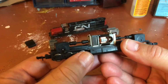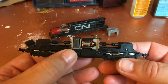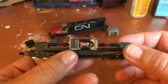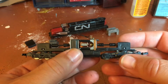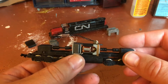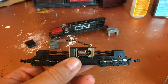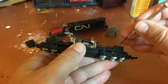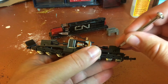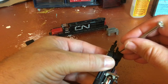So the motor's kind of small actually for what it would need, but that's the way they were. Also, this is wired, so I cannot remove the trucks completely because they're soldered in there. But I'm going to push this pin here. That will give me just a little bit of slack, enough to get in there and clean the wheels. Just find my little screwdriver, and I can just push this in very gently. Started to go. I'll try it from the other side,